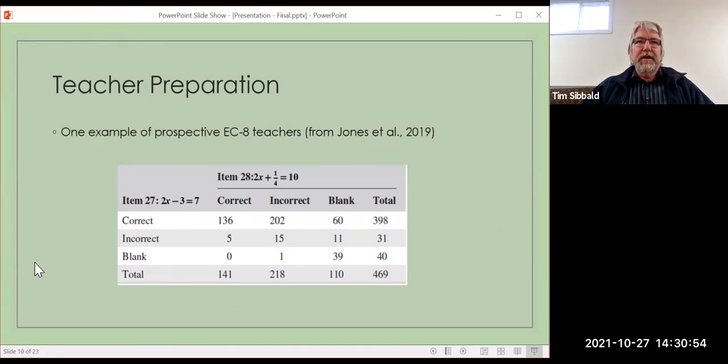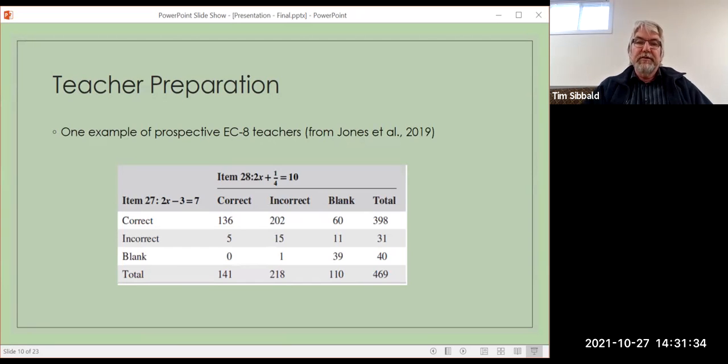I want to present an example of teacher preparation. These are students who have an undergraduate university degree, and they are training to be teachers. And what we have here is that on the left side is how they responded to 2x minus 3 equals 7. And across the top is how they responded to 2x plus 1/4 equals 10. And if we look at the number of correct,